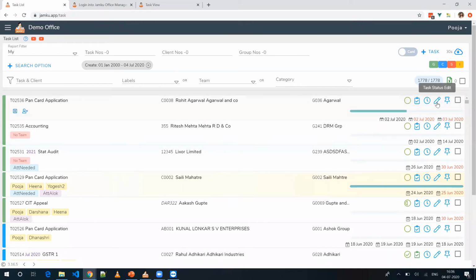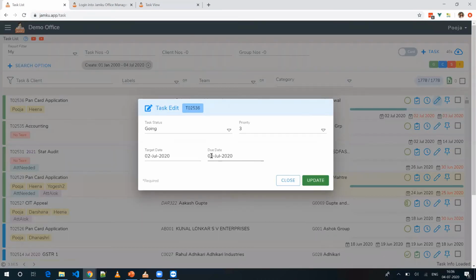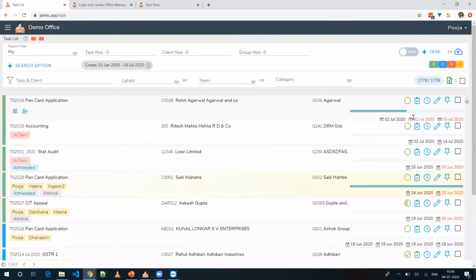Before the target date, I will cover the due date part. You have government-defined due dates and all. For every task, you will mention that also. The due date, you will mention it over here. This will be your government-defined due date. But there is an option to mention a target date as well. This will be your internal due date, you can say: internally, when do you want this work to be completed? That target date you can put over here. So the task will have the target date as well.